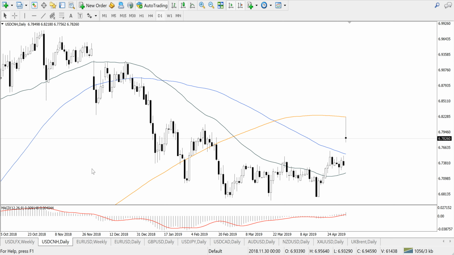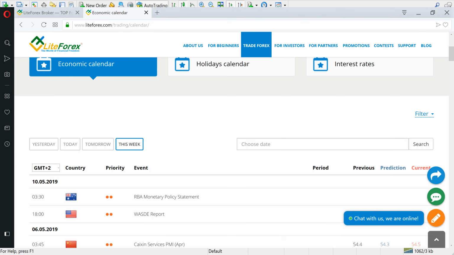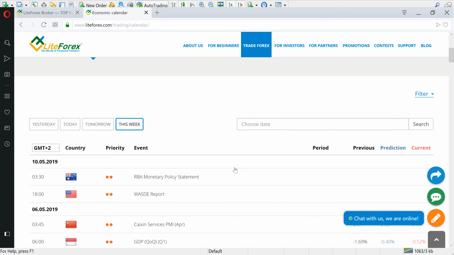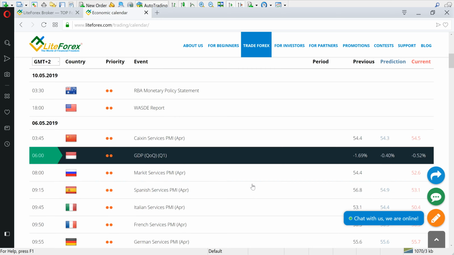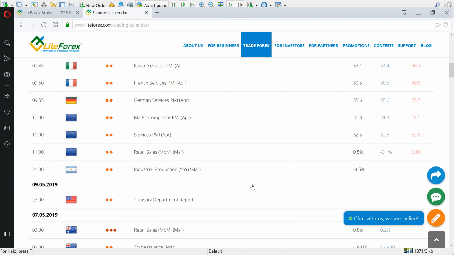Let's see which events await us as well, and for that we need to check the economic calendar at lightforex.com. There you will find all important events which will make an impact on the market. On Monday, there will be a speech of the Bank of Canada governor, and also during the entire week we will hear from the members of American Central Bank, the Federal Reserve, and the comments will have an impact on